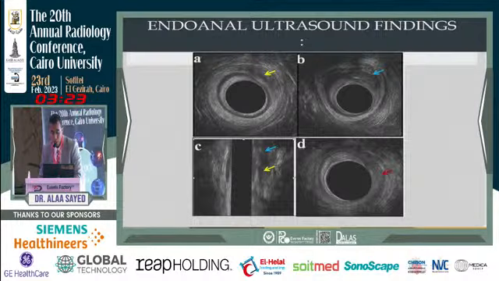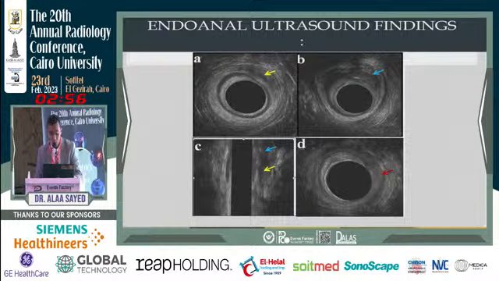Corresponding ultrasound images. Images A, B, and C, axial and coronal ultrasound images showing left anterior intersphincteric hypoechoic fistula tract, ending with left intersphincteric collections with internal echogenic foci breaching the internal anal sphincter between 12 and 2 o'clock in blue arrow. Image D, the ultrasound axial image shows a hypoechoic side branch arising from the collection and running